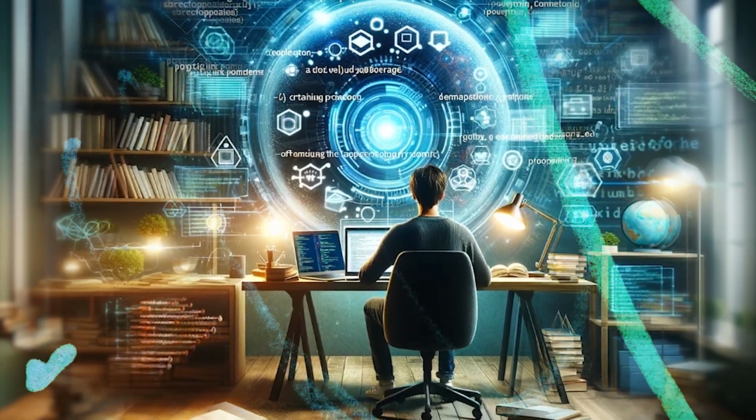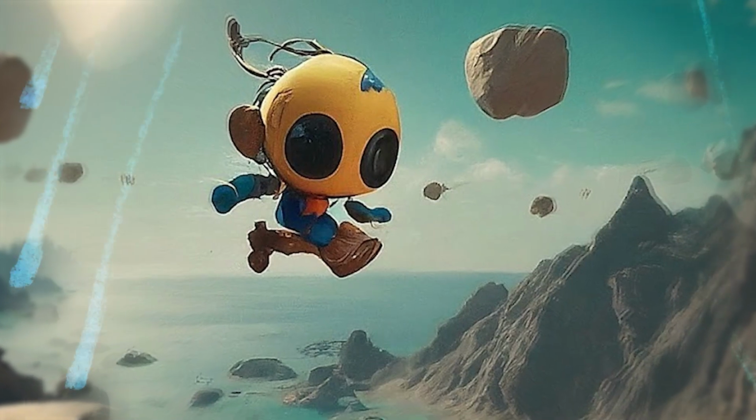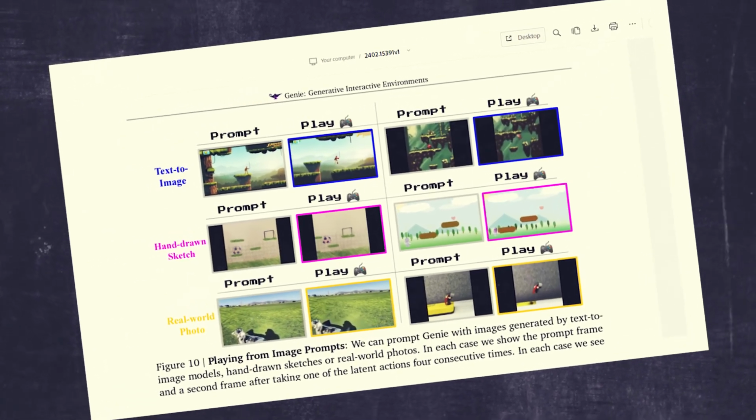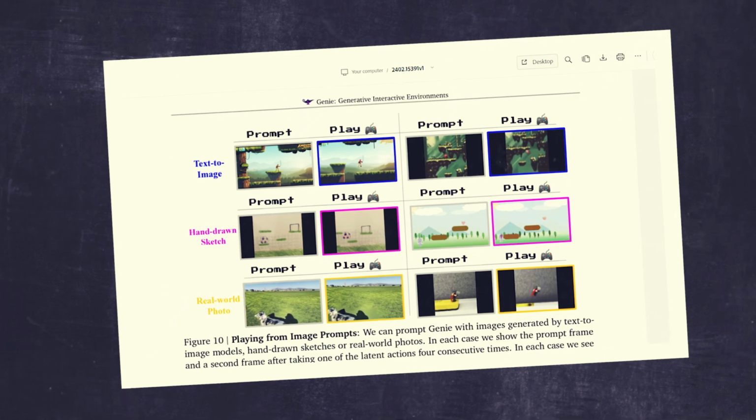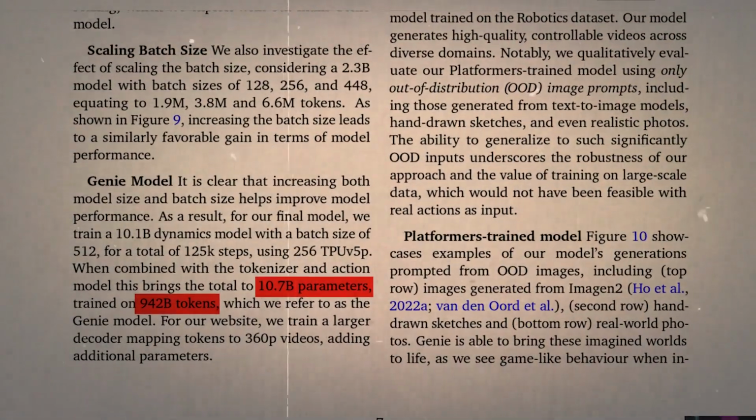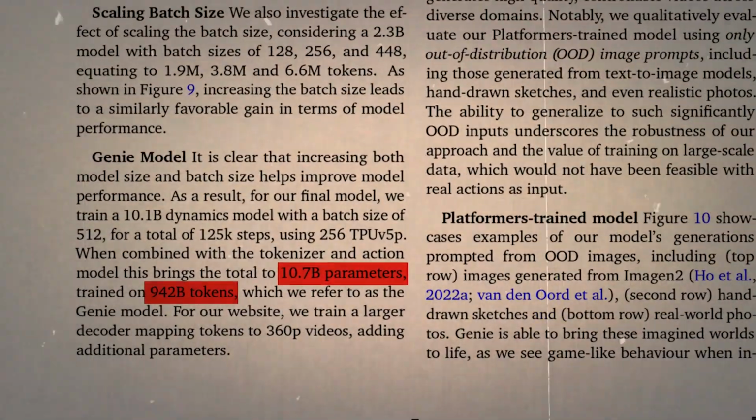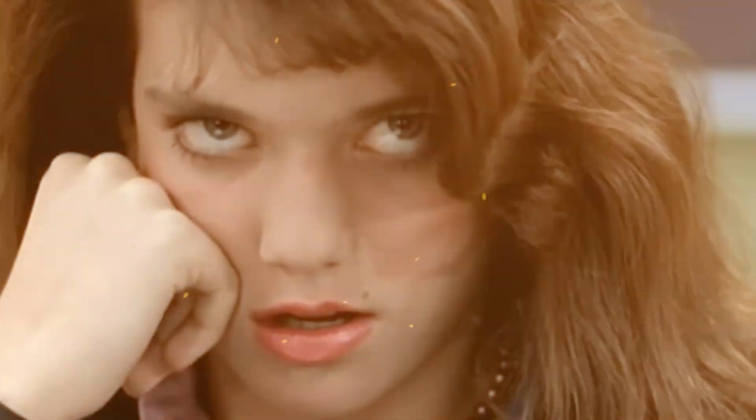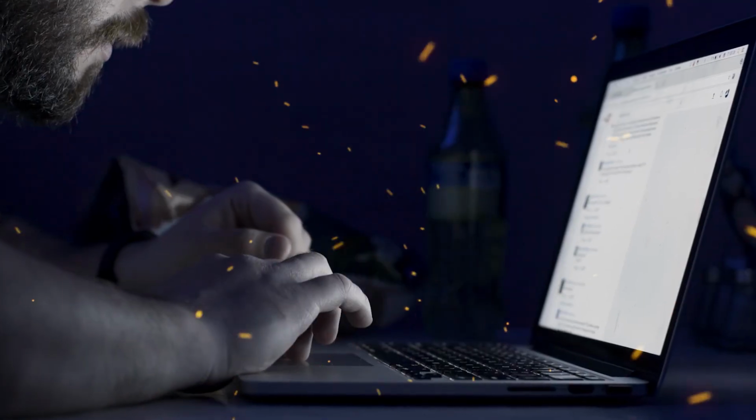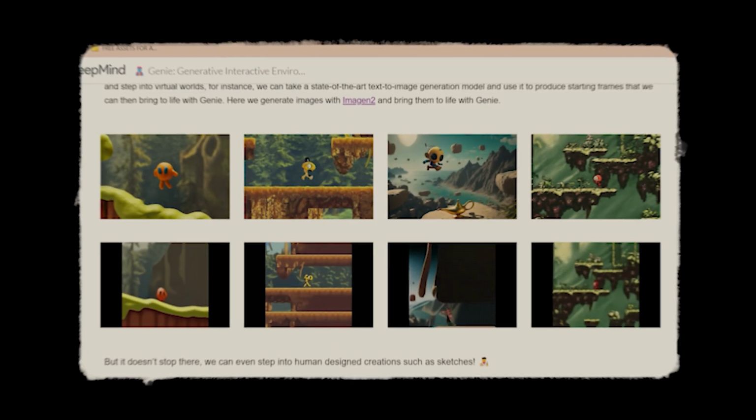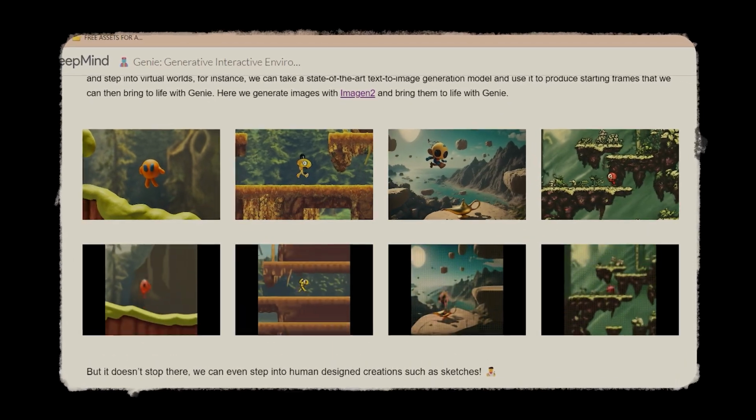With the latent action model already established, Genie then generates a dynamics model that can take any number of arbitrary frames and latent actions and generate an educated guess about what the next frame should look like given any potential input. This final model ends up with 10.7 billion parameters trained on 942 billion tokens. Not to bore you with the science, I'll leave the link to the research paper in the description for those of you who want to read it further, but the point is that Google's Genie is attempting to do what